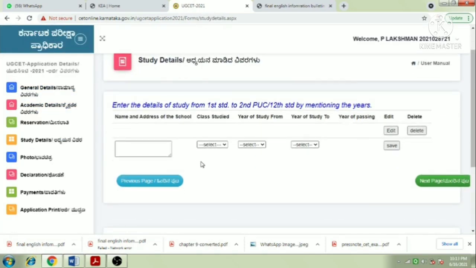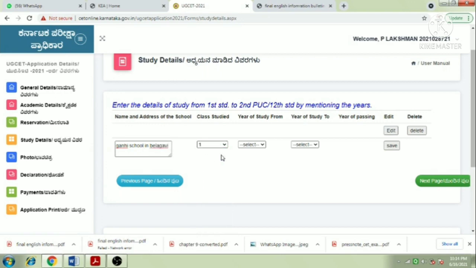Then here you have to enter the details of study from 1st standard to 2nd PUC with years. Okay. Here, name and address of the school. Example, Gandhi School in Belagavi. From when to when?